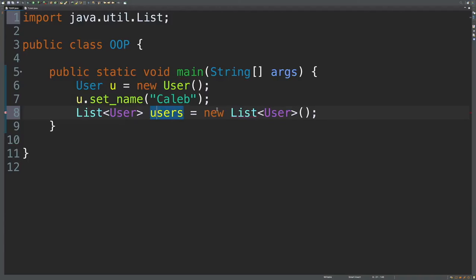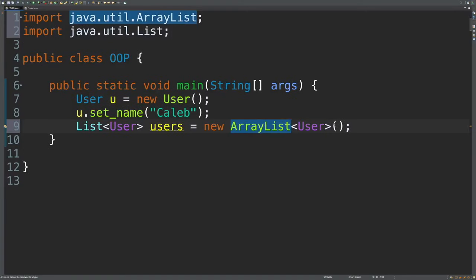Now on the right-hand side, we don't want to use list. We actually want to use array list. So a little odd, why don't these data types match? And we'll also want to import array list from java.util. So these data types don't match. Come on, import. All right, so these data types don't match because on the left-hand side, we're actually using